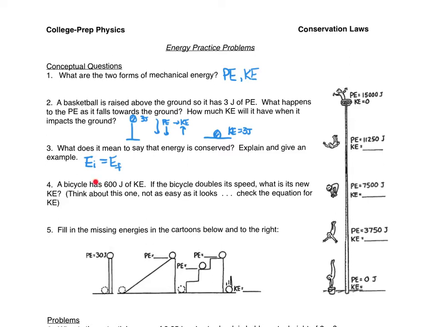All right, number 4, a bicycle has 600 joules of KE. If it doubles its speed, what is its new kinetic energy? So this is a little more thought than you might think here. If we have 600 joules of KE at one speed, so if kinetic energy is 1/2 mv squared, that number is 600. The question is, if I double my speed, my kinetic energy would be 1/2 m times twice the velocity